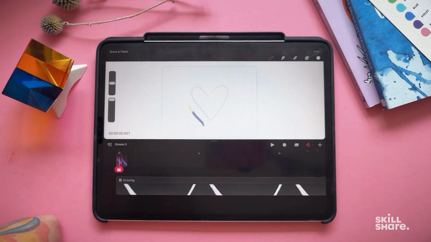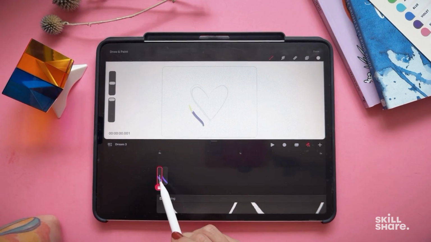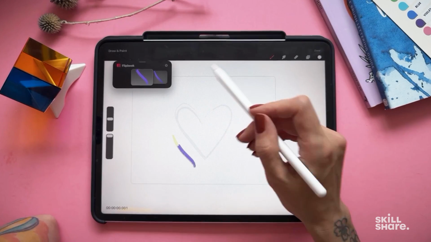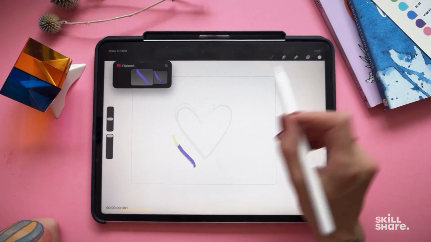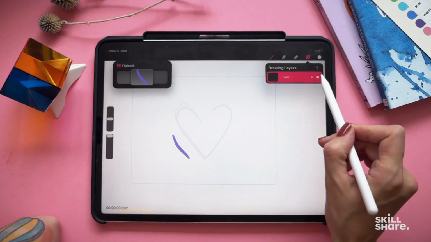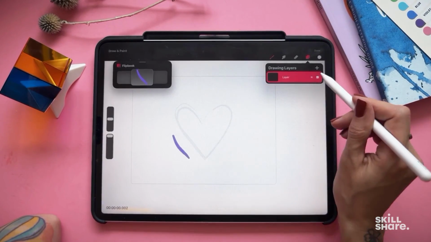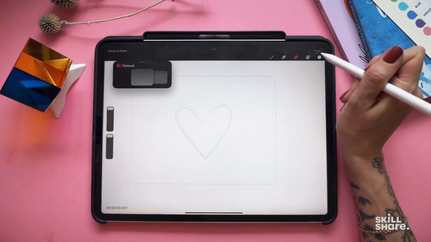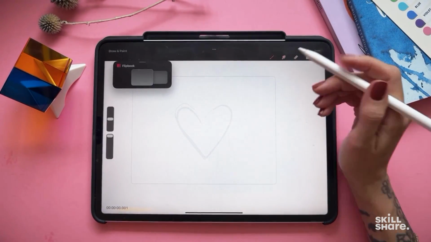I'll go back to this track. I have to make sure that I select it, and then I can bring Flipbook up, and now I see this again. So I think I'm actually going to clear this layer, and I'm going to come to this frame and clear this layer so that I can actually just trace what I was doing. It doesn't want to clear. Okay, so I come in,